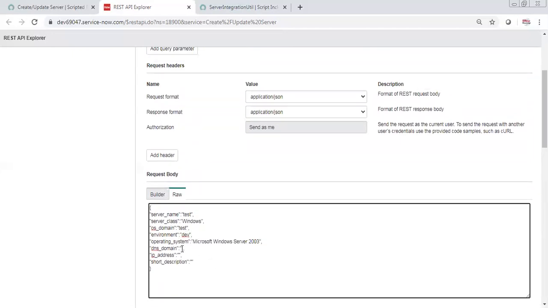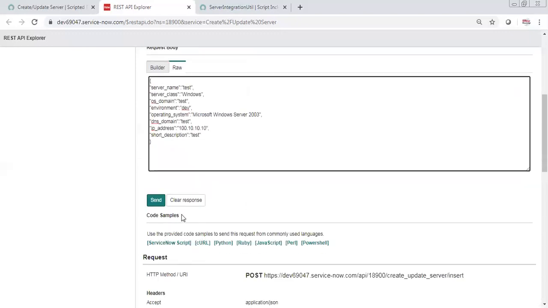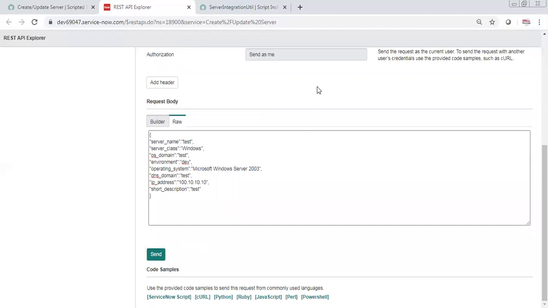And for DNS domain I will put test, IP I will put, and then description I will say test. Now I will send this request.